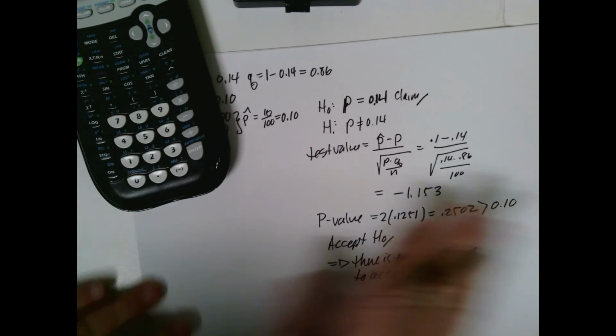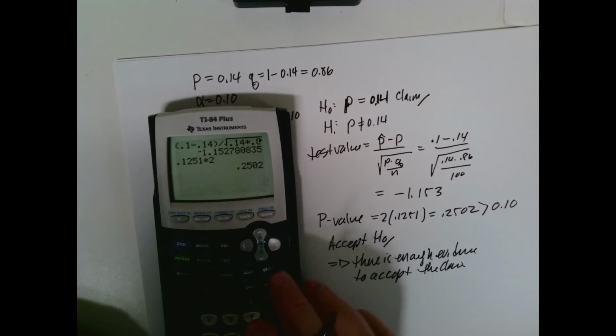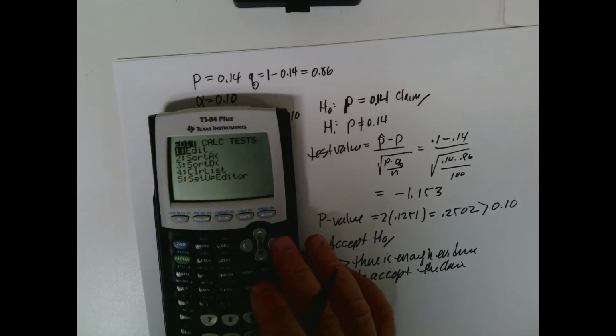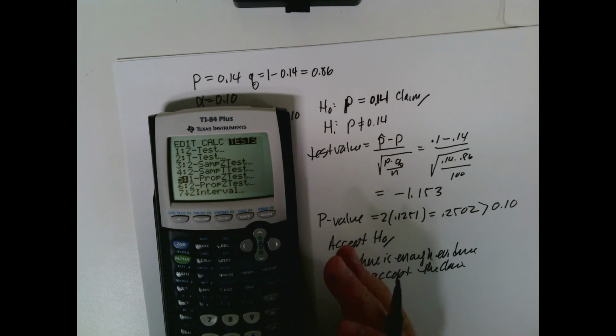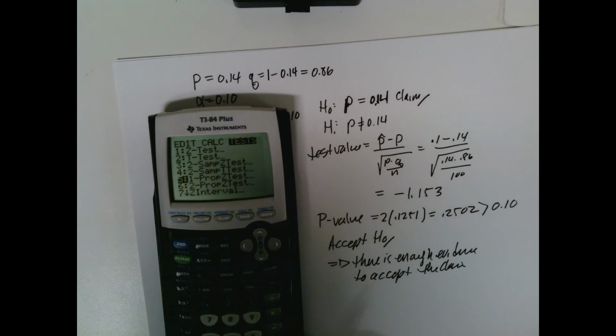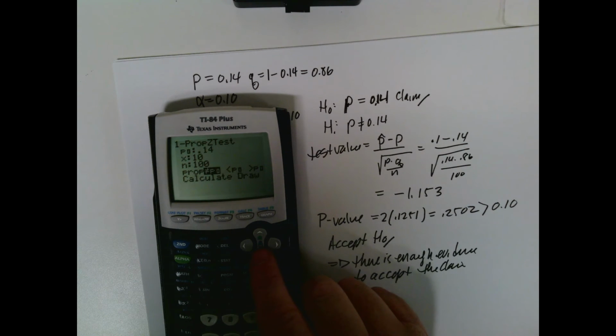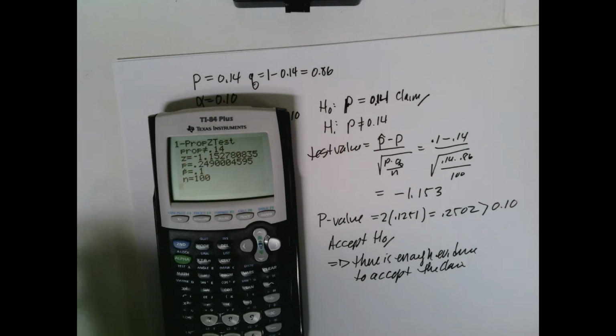Now again, you can do this on your calculator. So you would go to stat, over to test, and this is a one variable proportion, so that's what the 1 means. You plug in what you have, which I've already done. You put in the 14, the 10, the 100, the not equal to, and then you hit calculate, and notice that we get